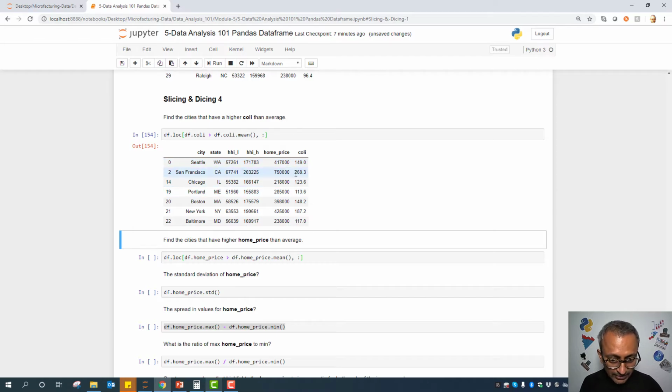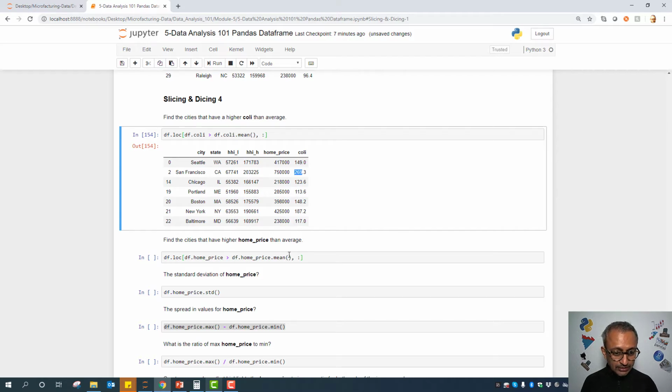San Francisco is an outstanding citizen here. We know that. New York is coming in. Baltimore, I'm not sure why, because the home prices are pretty reasonable there, so there has to be some other reason why it's higher than the average, but it's not that high compared to this, which is insane. Seattle, compared to all the stuff we are hearing about Seattle, is pretty reasonable. Boston, Seattle comparable, and so on.